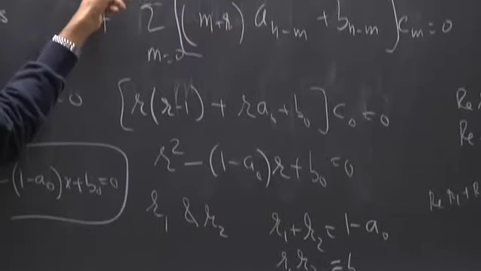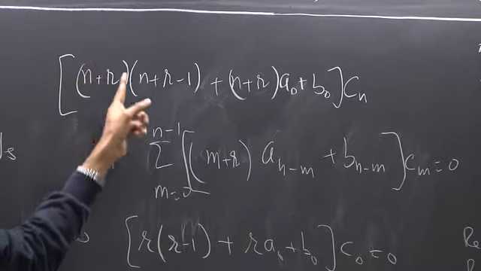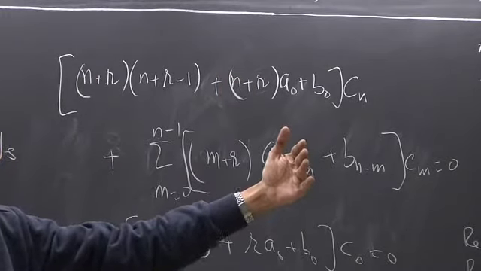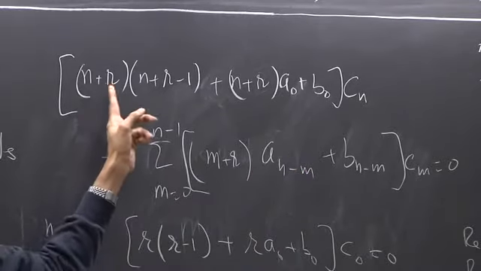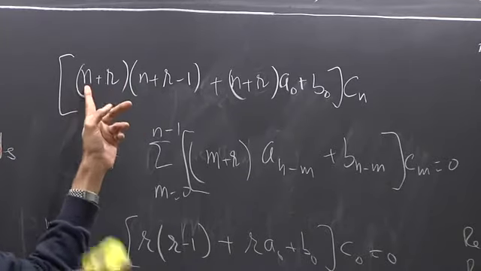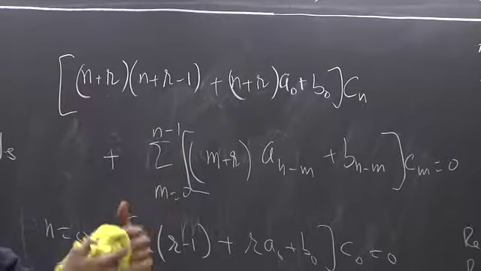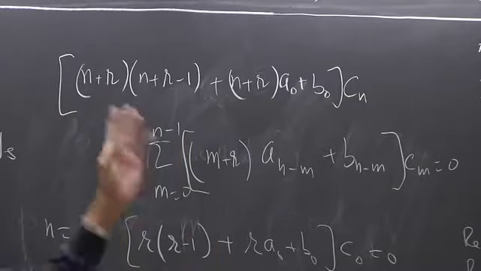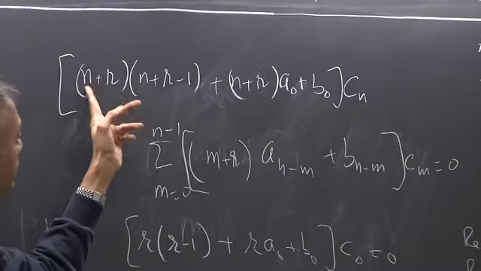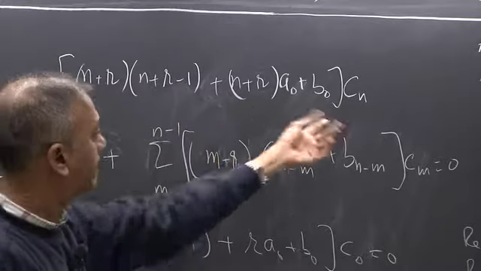But if I had chosen R1 for R, then the real part of n plus R1 is of course going to be greater than the real part of R1, right? So it can never be equal to R1. I mean, this cannot be equal to R1, because n is positive, and also it cannot be equal to R2, because the real part of R1 is greater than or equal to the real part of R2. So it can never be equal to R2 or R1. So for no value of n will this be 0, and therefore I can determine Cn